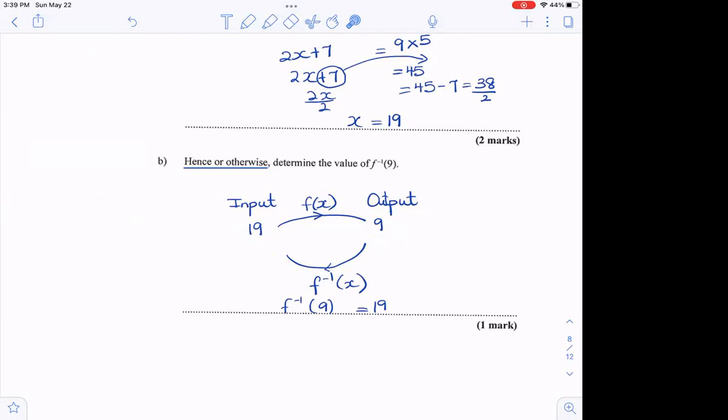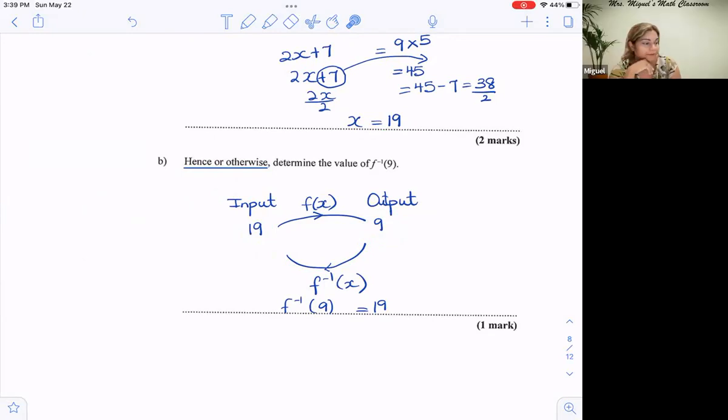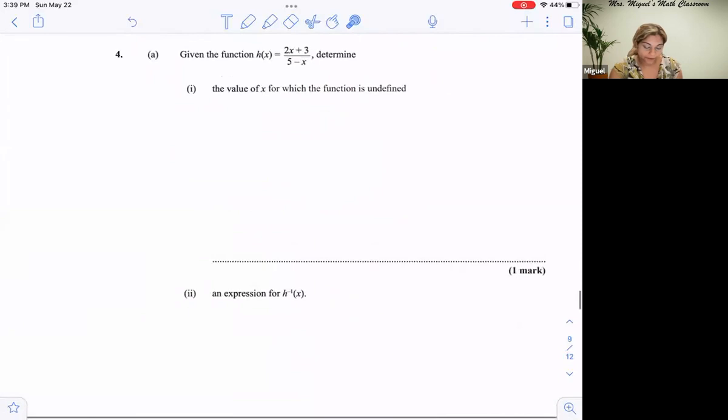All right, we have one more outstanding. Now, in addition to relations and functions, they are bringing linear programming. So when I reach question 8, I will go a little more in depth in linear programming. That is the question where we have to formulate the inequalities and find the common region, right? All right, so